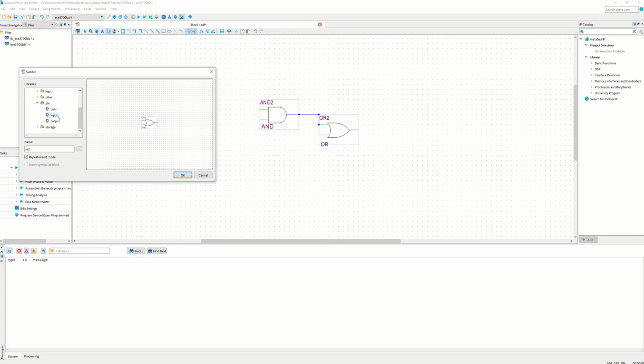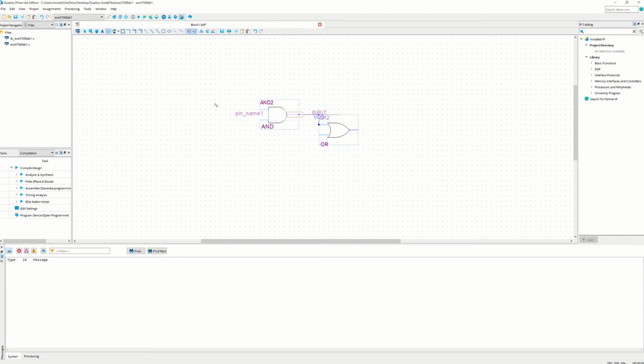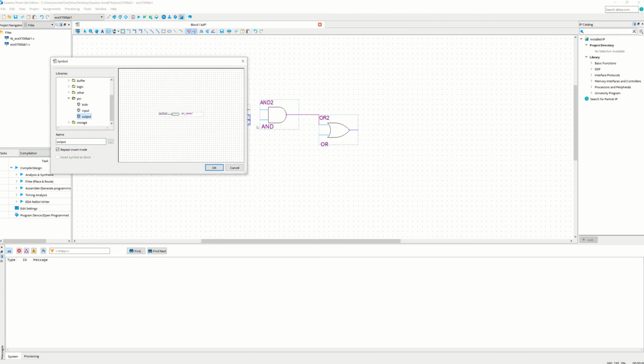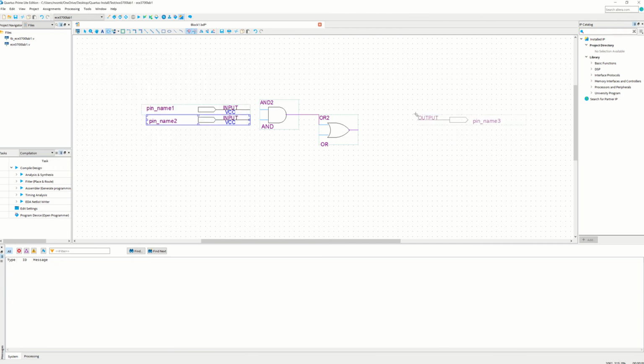So inside pin, you should have an input pin, output pin, and a bidirectional pin. For simplicity purposes, or for the beginning labs, you'll basically be using input pins and output pins. So I'll click OK here because I need 2 input pins. So input pin 1 goes here, and the other one goes here, and then I need an output pin for my output. So I'll go to pins again, click on output, click OK, and